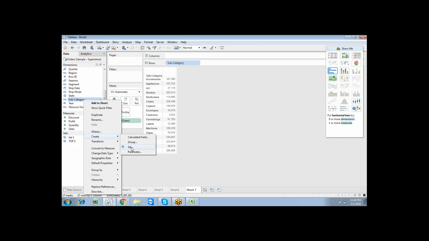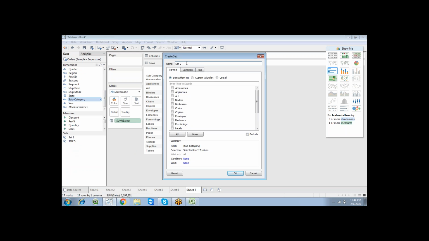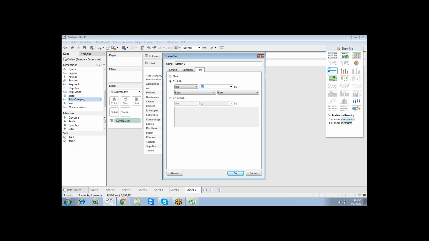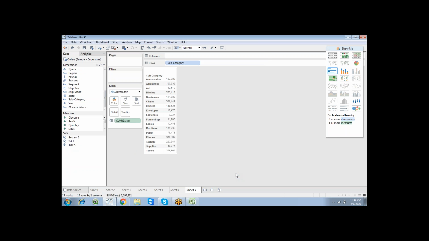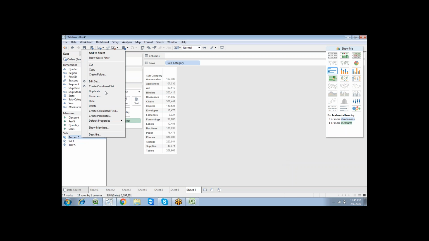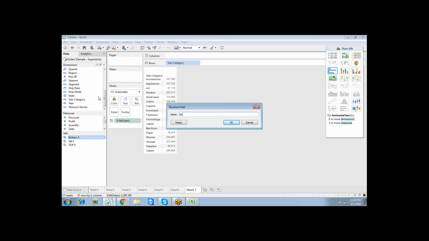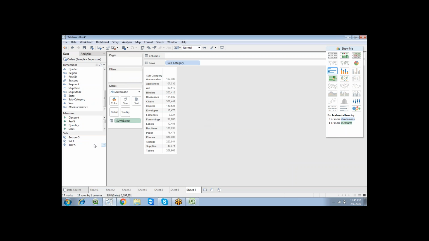So simple set, click on set. So create a set, and I have to showcase bottom 5. Bottom 5 sales. Click on top by field, similar, then click OK. So this is bottom 5 sales, where I can see the bottom 5. Go to rename, actually rename it bottom 5. So click OK. Now drag and drop top 5 into filter, but